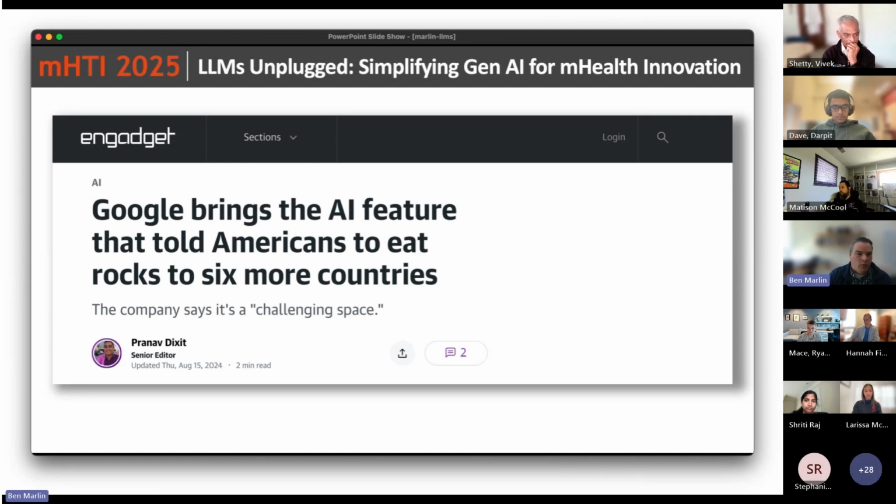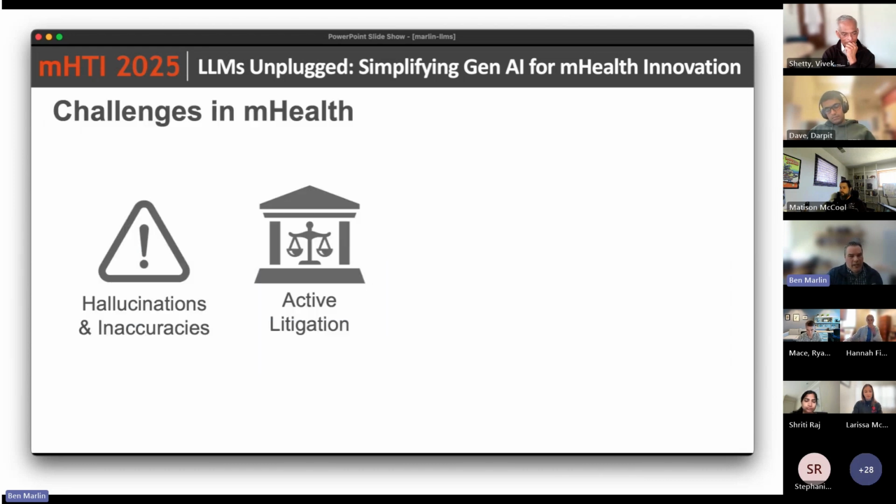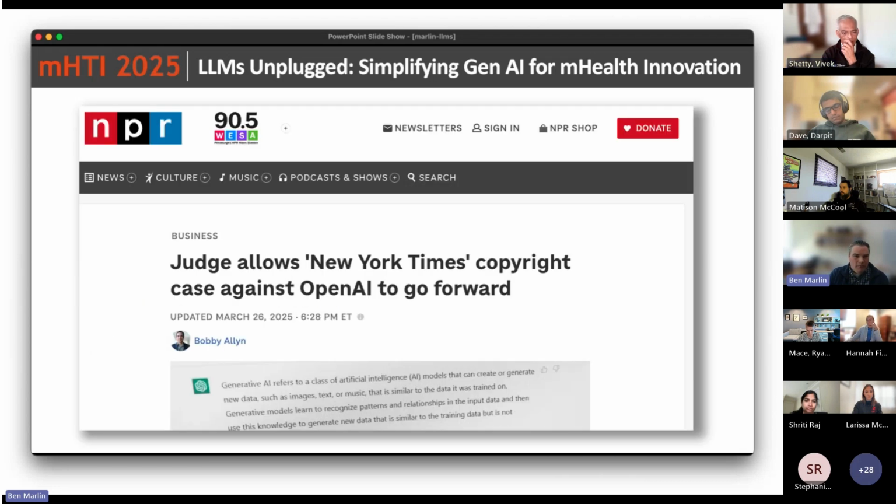So this is an odd one related to hallucinations. There are many other examples. I mentioned active litigation already. There's an open court case that I mentioned by the New York Times against OpenAI. There are other cases against OpenAI with respect to image generation, in terms of the sources that they're using. Their image models generate output clearly using copyrighted characters and things like that. How that will be resolved is a little bit unclear, but it's something to note.